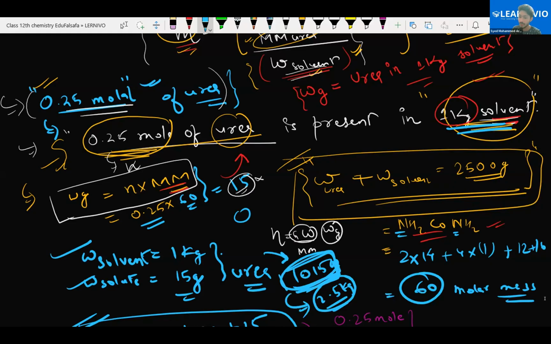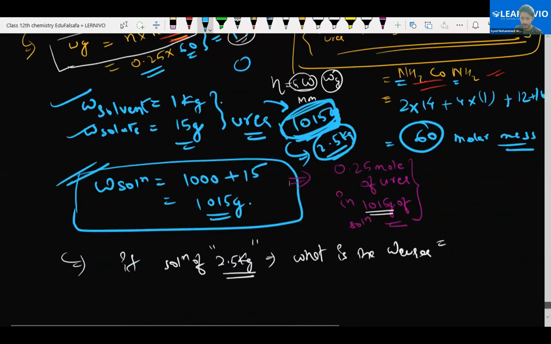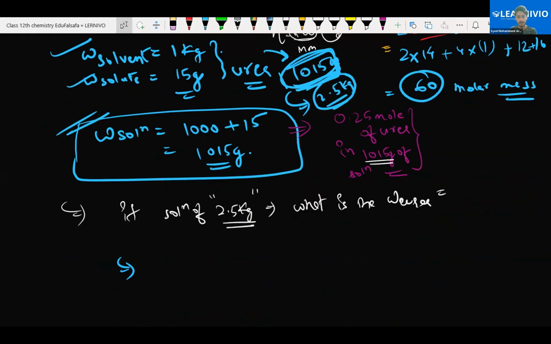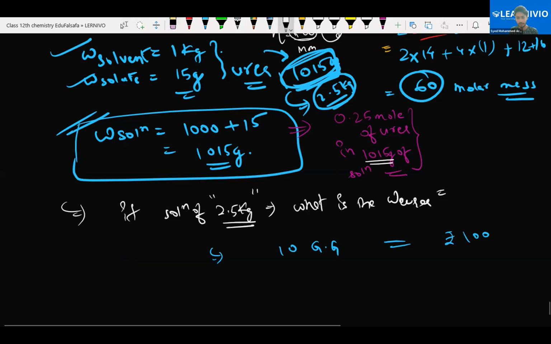Now I'm using the unitary method. What is the unitary method? The unitary method is very simple. Let's take an example of pani puri, golgappa. You know about pani puri golgappa? I'm telling you that I have 10 golgappas, and it costs 100 rupees. I need to find, if I end up eating, let's say, 50 golgappa,